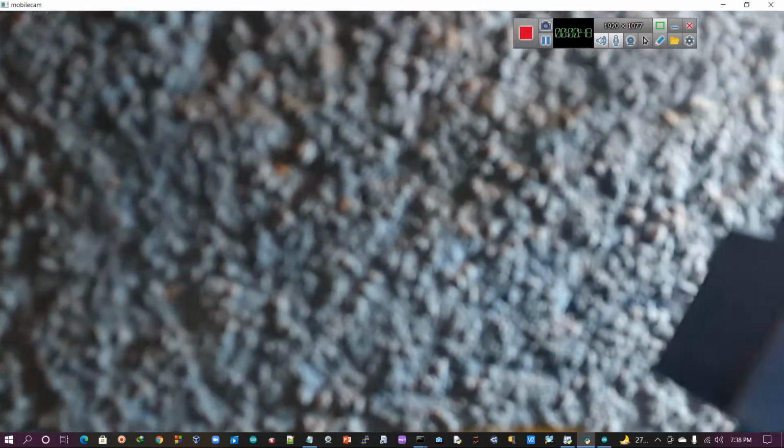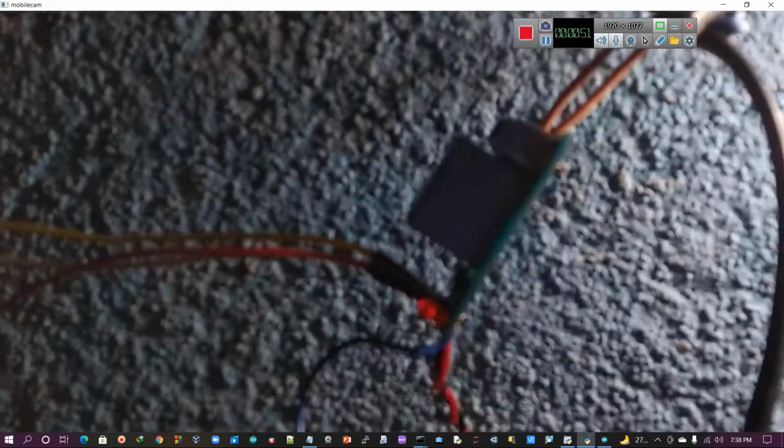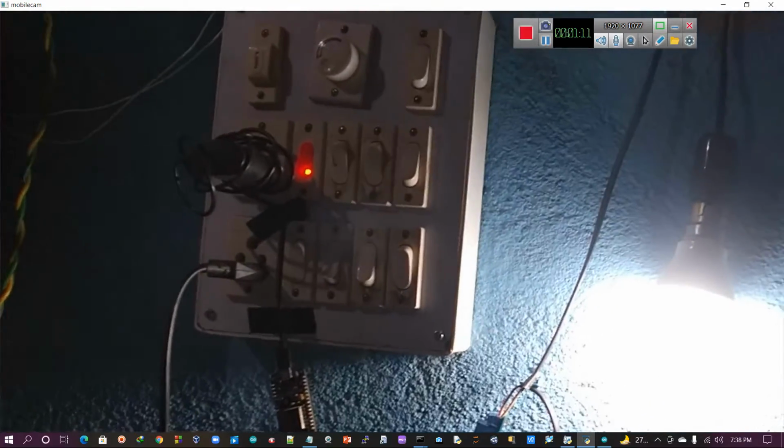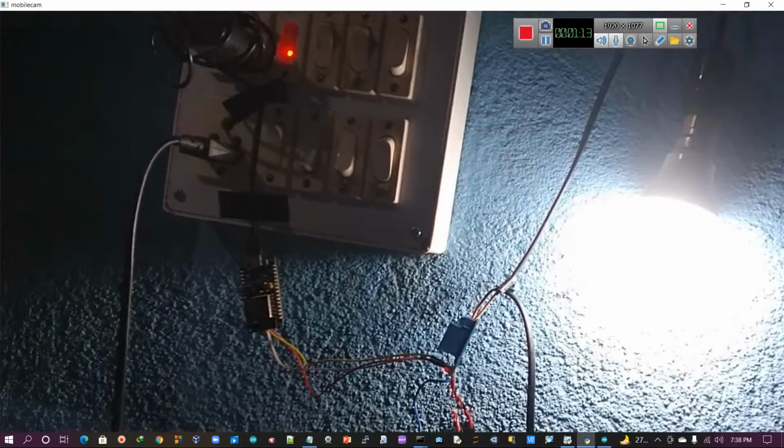You can observe this is the NodeMCU, and we have the relay. I involved the relay here, and we have the bulb. This NodeMCU is totally separated from the laptop, meaning there is no connection from the laptop. As in the previous one, it has a separate power from the power board. Now I'm going to control this bulb, on and off.